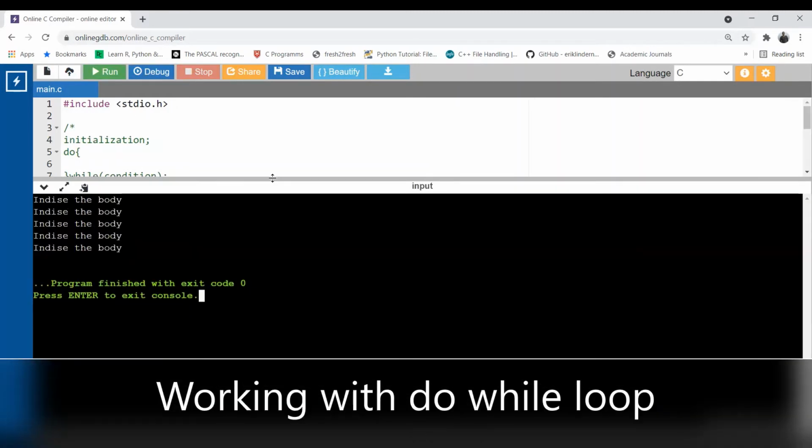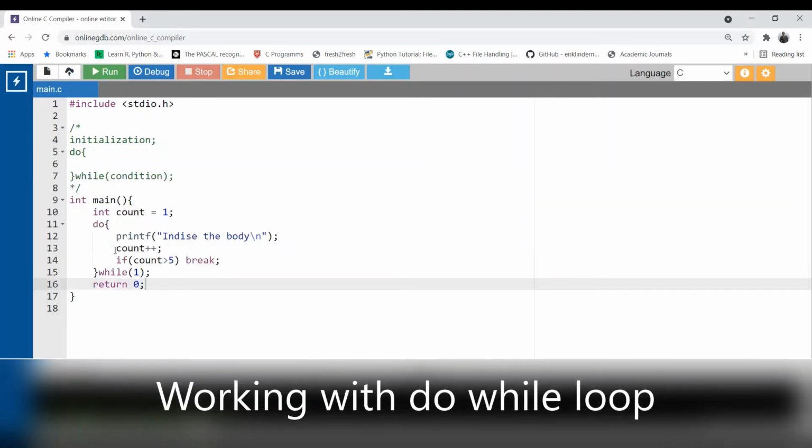See, 5 times it's printed. Once it becomes 6 due to this plus plus, it immediately breaks out. Similarly, you can also use continue, as we have tried with the while loop and for loop earlier. We can practice with continue as well. There are no restrictions on using continue inside the do while.